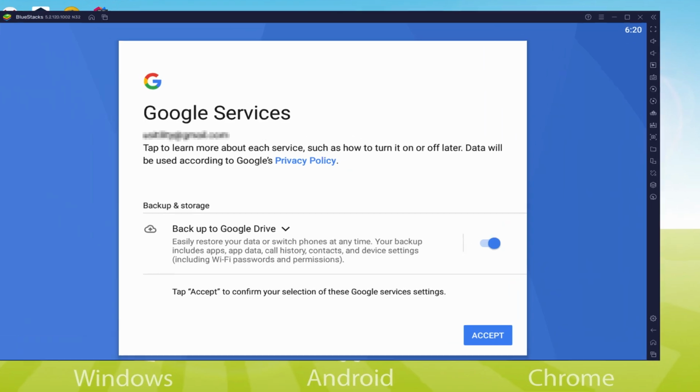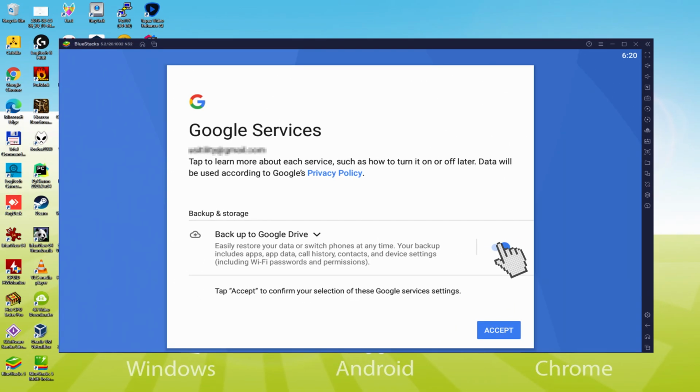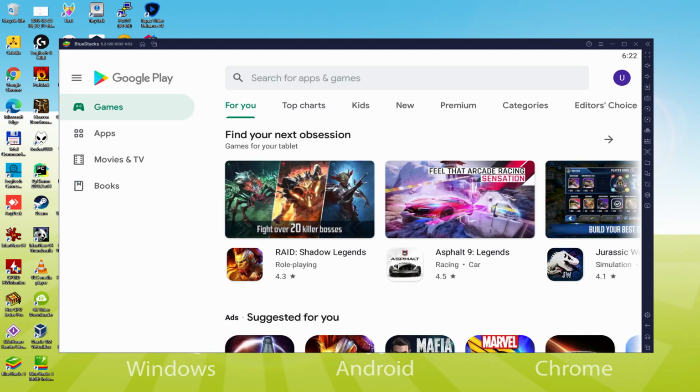You could leave it selected and this will generate a backup of your files on this device to Google Drive. I won't select it, you can use that option if you prefer. We click Accept. The Google Play Store is started by default and instantly. To set up the video game, we would need to get to the emulator desktop by simply clicking on that